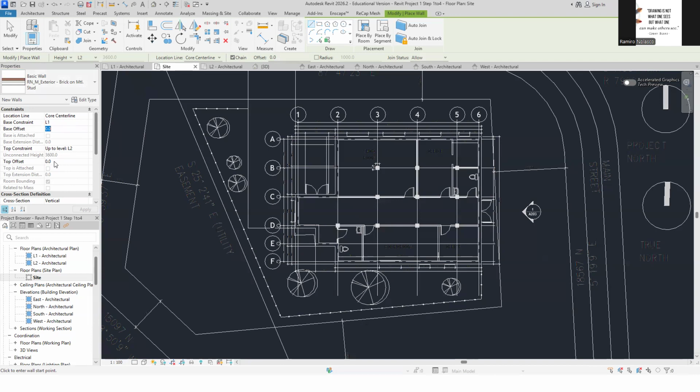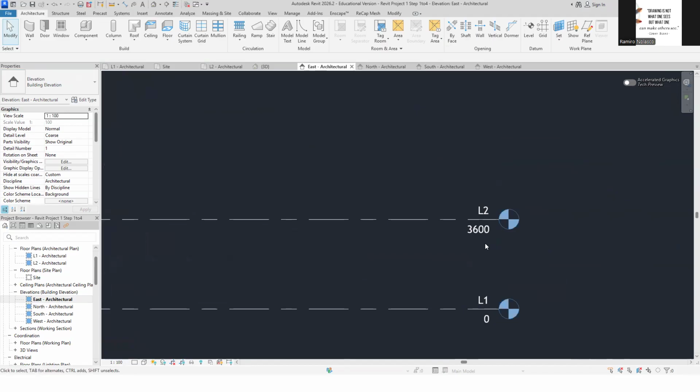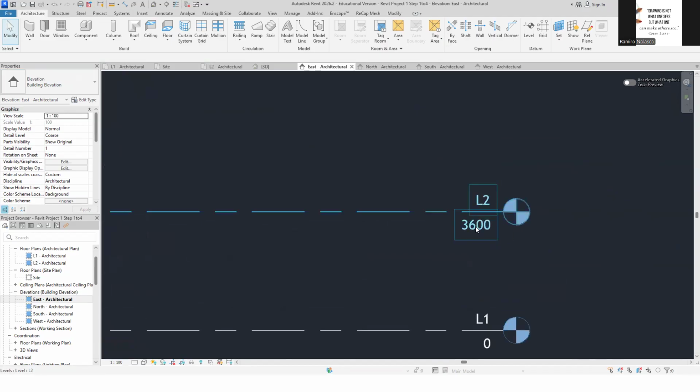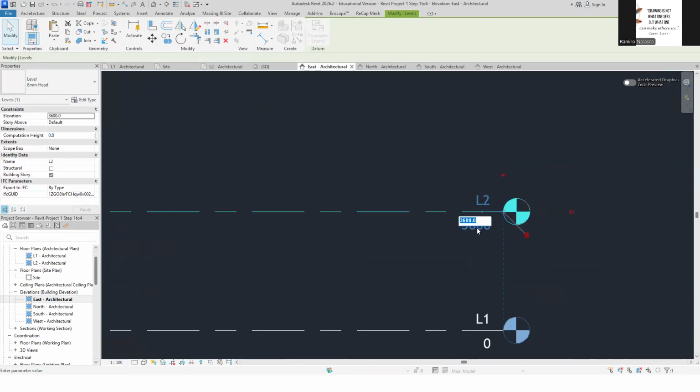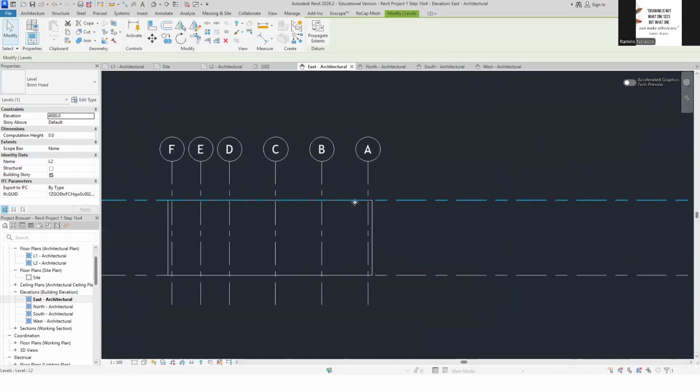And you can change the height of the building by going to an elevation and then change this. So right now, the height of the wall is 3,600. If you want to change this to, let's say, 4,000, you simply type 4,000, and your wall, because it is constrained to the level, will go up.